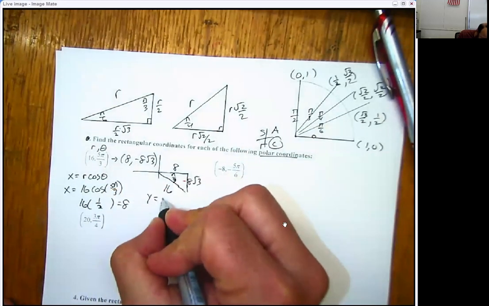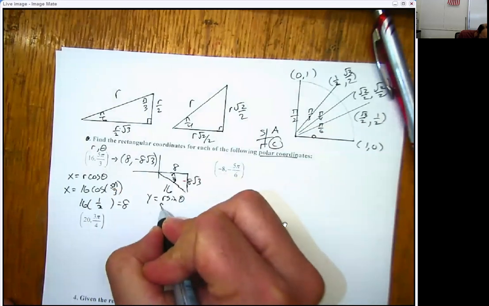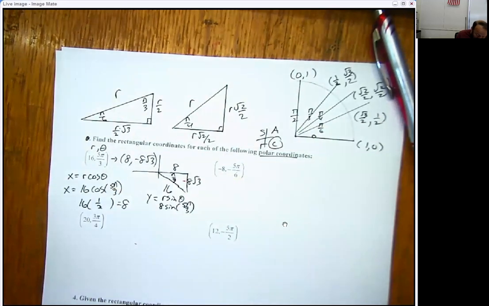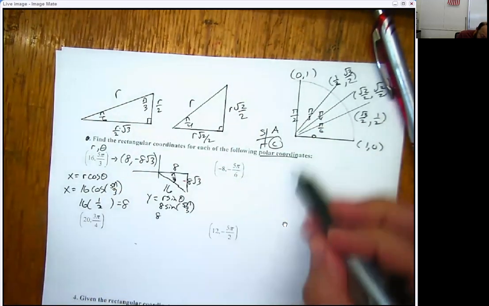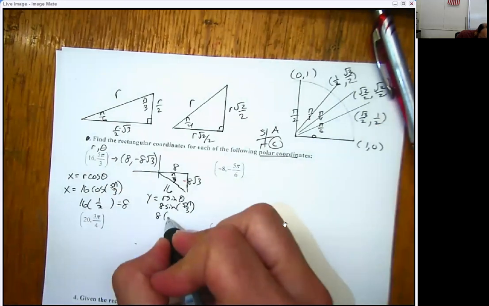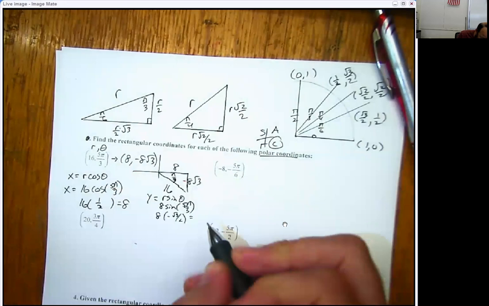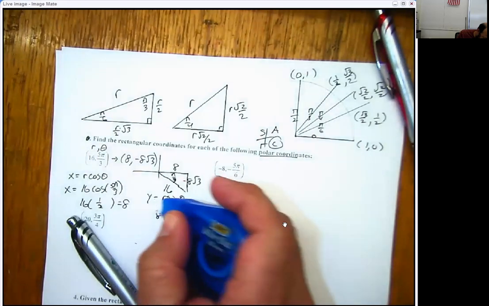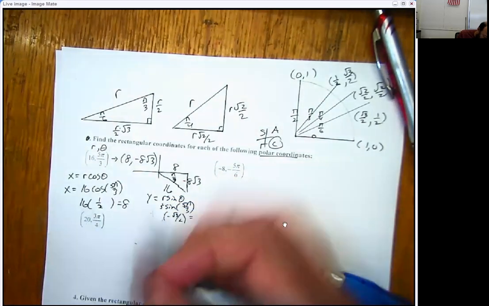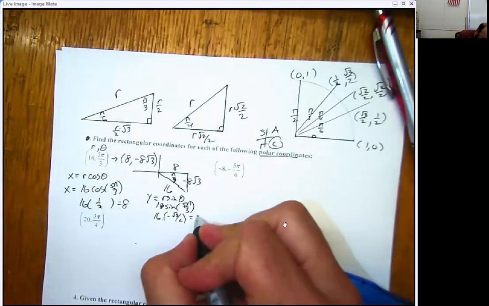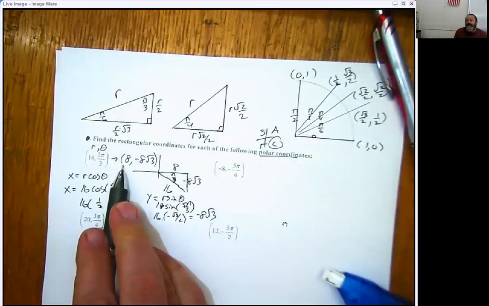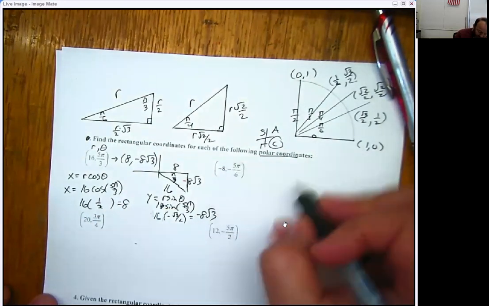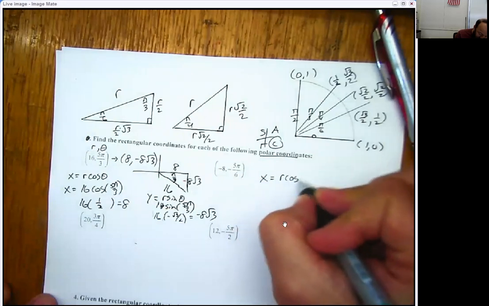And y is our sine theta. So 16 sine 5 pi over 3, or if you wanted to call it negative pi over 3, you could do that as well. And the sine of any kind of pi over 3 is root 3 over 2, but it's negative because it's in the bottom quadrant. And so I think I just messed that up. There we go. That was not supposed to be 8. That was supposed to be 16. So we ended up with negative 8 roots of 3, which is exactly the same value that we got right there. In a similar fashion, for this one, if we said x is r cosine theta,